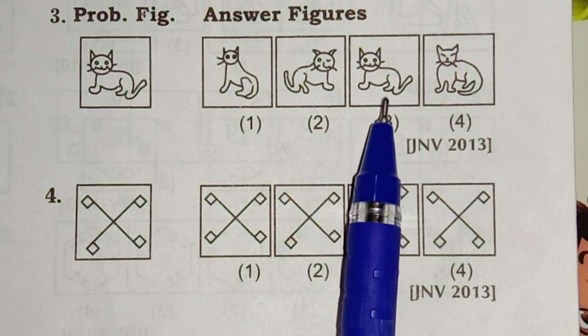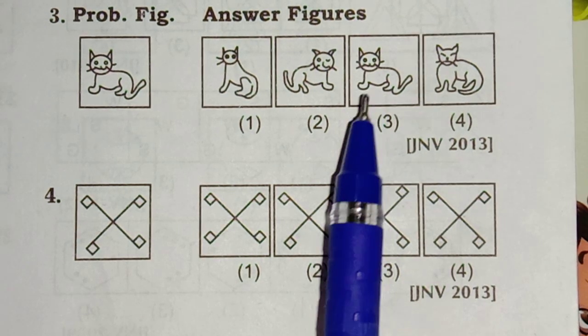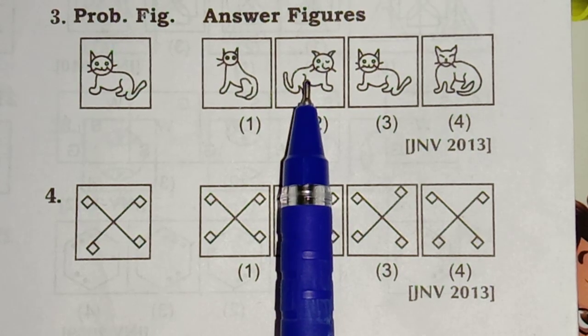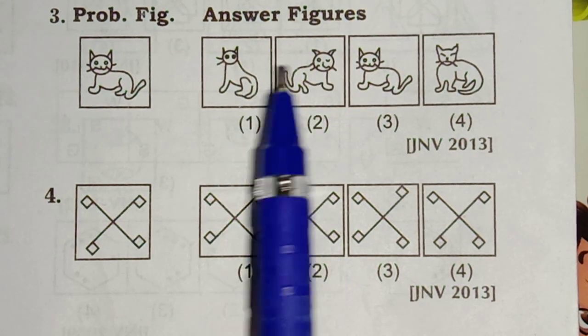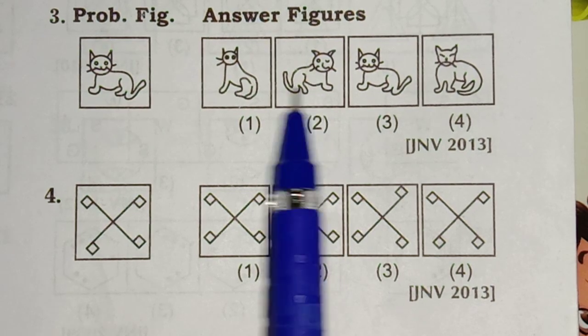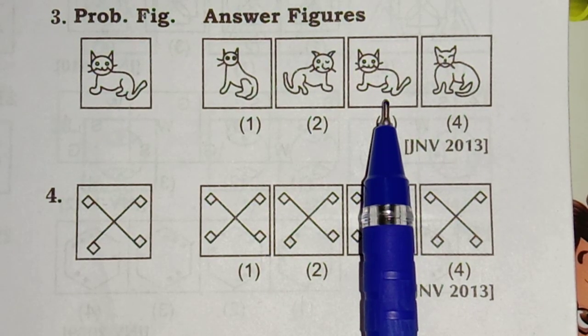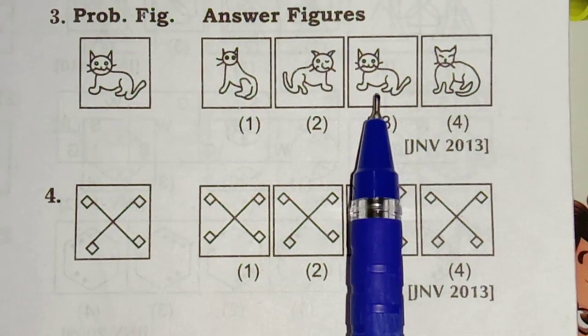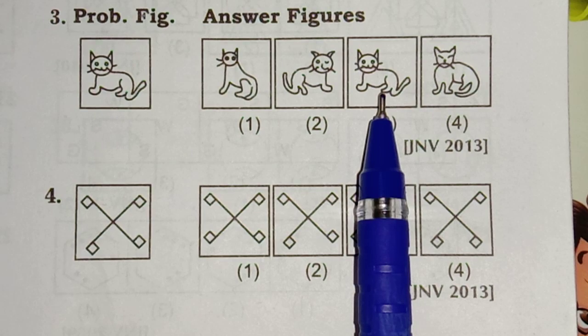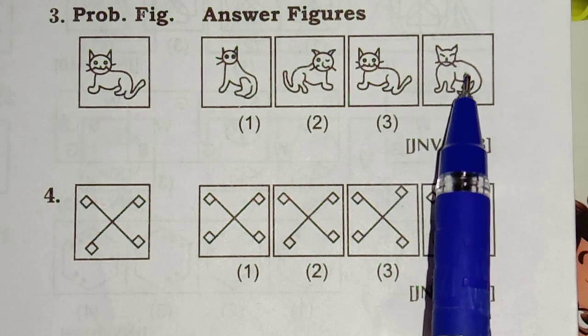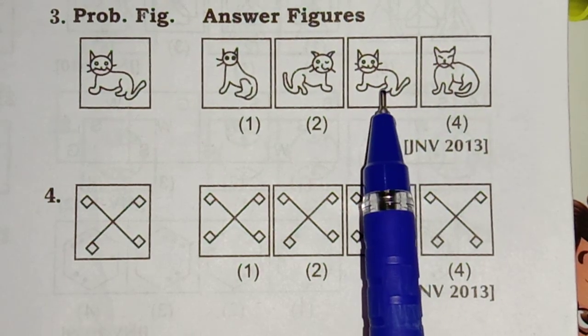And let's go to the second one. Here it is completely different, means the direction of the sitting, this is completely different, so leave this one. So let's come to the third one. So it's very perfect, means it is looking like this only. So third one is the answer. Again, when you compare to the fourth one, here the shape of this stomach is a little bit changed. So third one is the right answer.